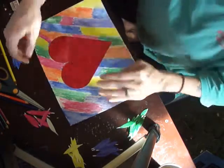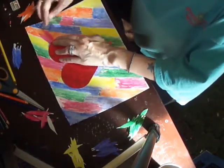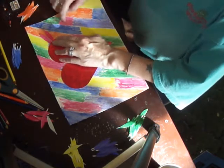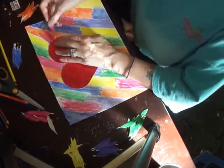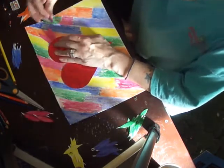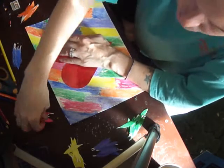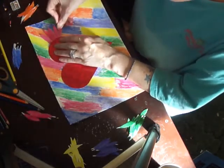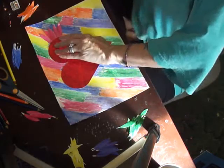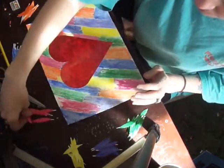Actually, before I go let her in, I'm gonna do this first layer real quick. So you can see here, I've got these little feathers that I made out of watercolor paper too. Colored them with the watercolor pencils, and then used a brush on these. But I drew one, and then used it as a template for the other 59,